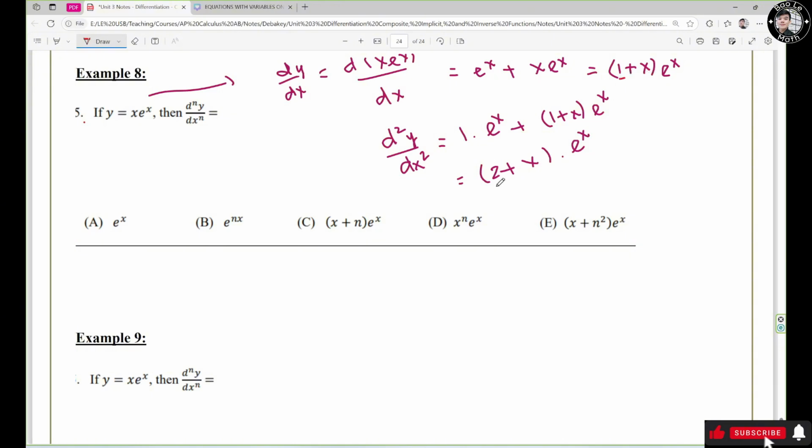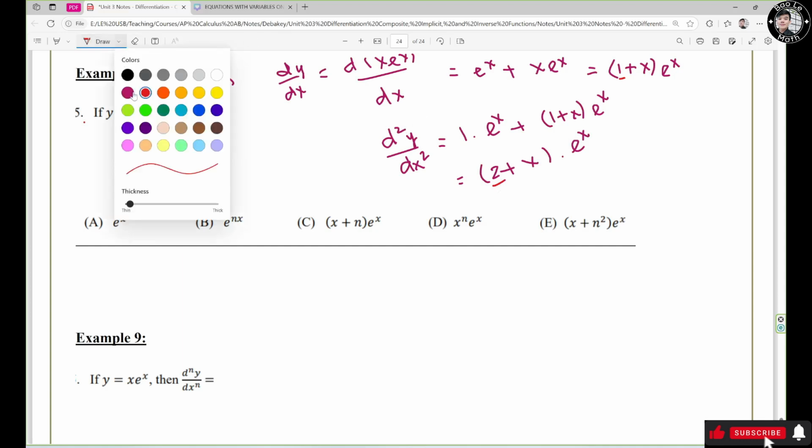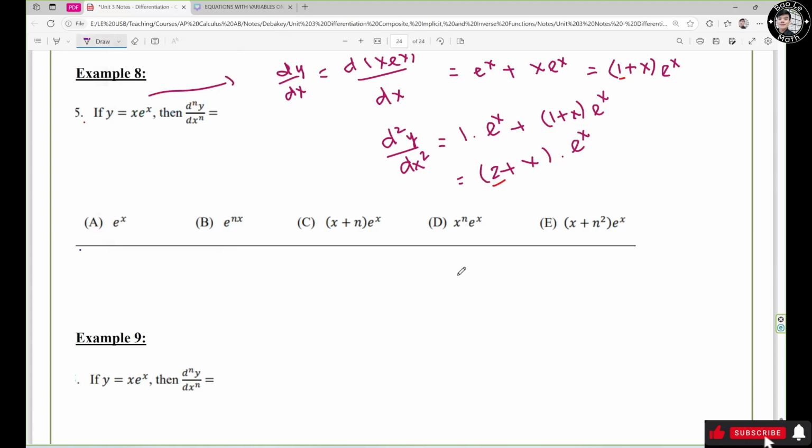This one, this is 2. The first derivative is going to be 1. The second derivative is going to be 2. And I'm pretty sure that the third derivative is going to be 3, right? Let's check to see. Now, the third derivative is going to be